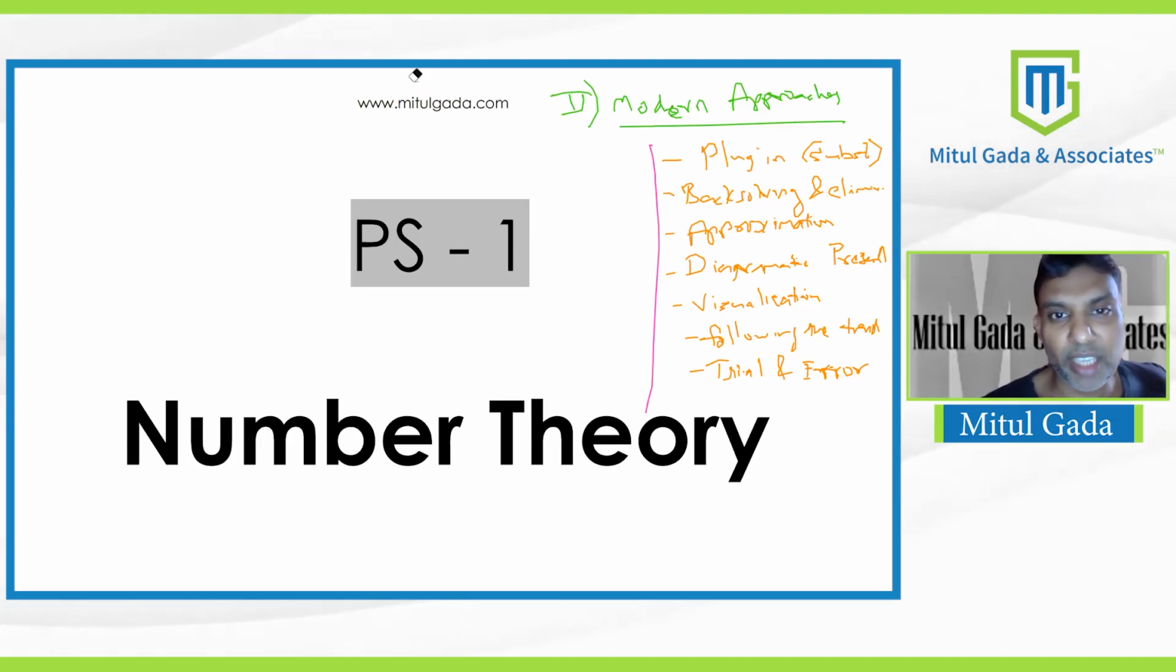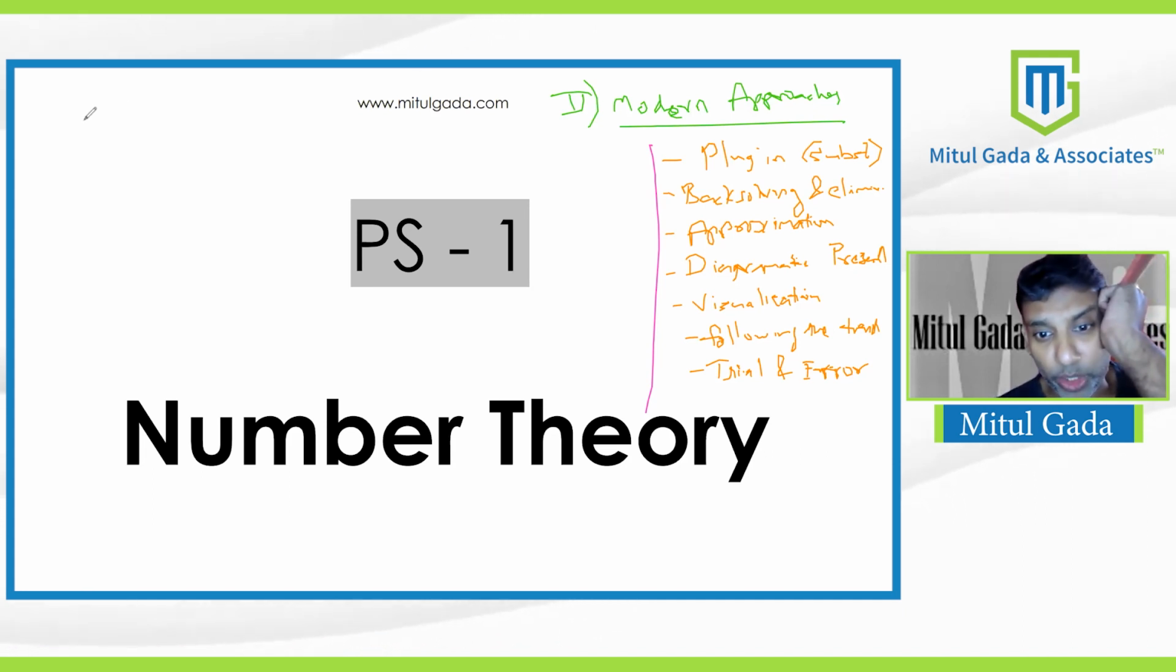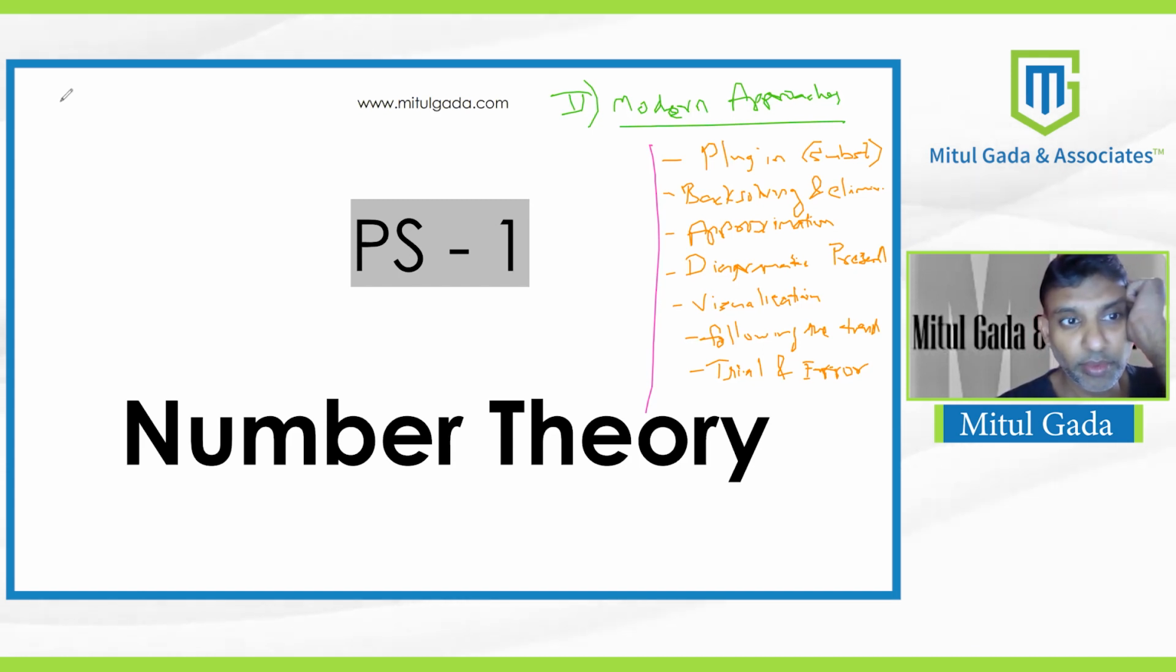Let's say I'm just asking you here a question. The question is, which of the following has the highest value? Okay. Your options are